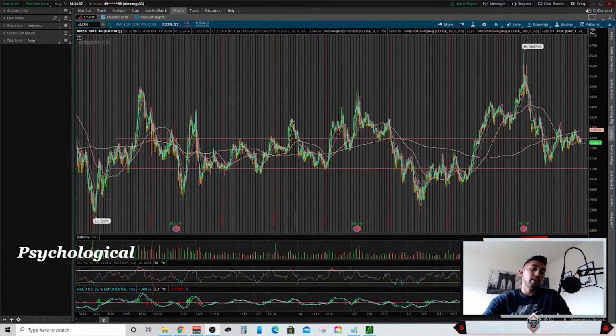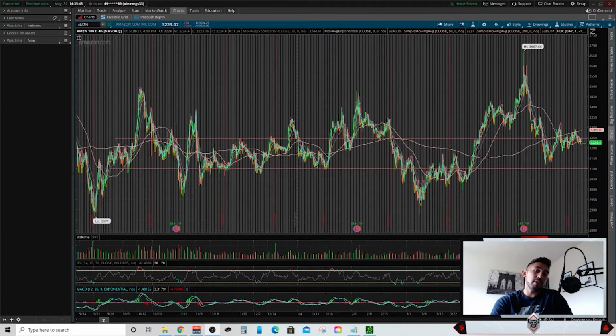Let me quickly clarify on this because I said cents, but it's not just cents. It's not only 25 cents, 50 cents, 75 cents. It's also the dollar levels, the $25 level, the $50 level, the $100 level. The major milestone steps, I guess you can say, are the key levels of psychological support and resistance.